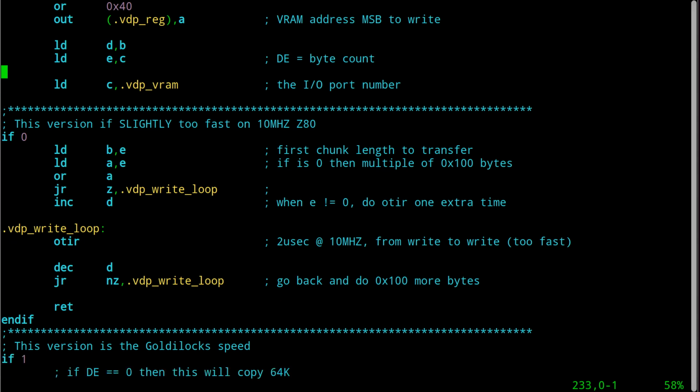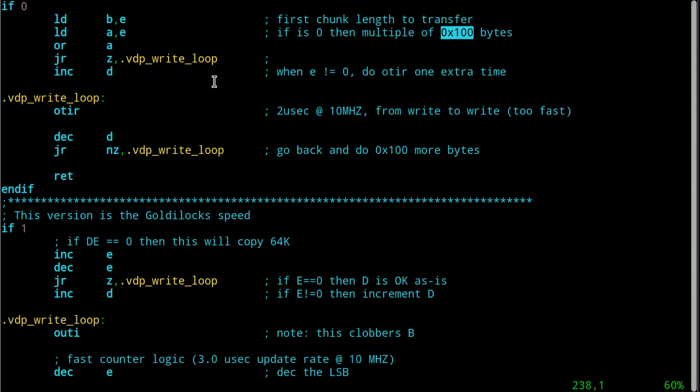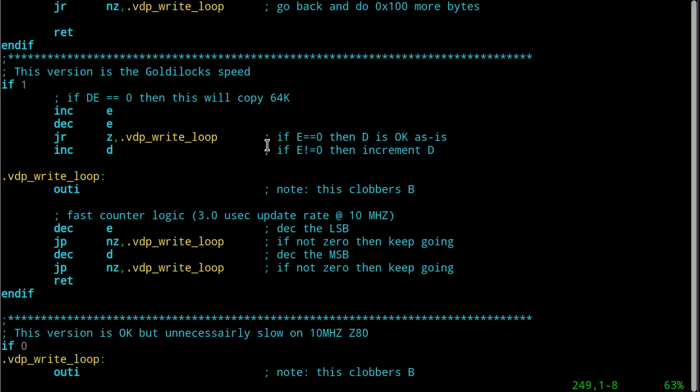It'll make sense. Bottom line is, if you're moving an exact integral of 256 bytes, you got to do something different with this logic than you do if you're not moving an exact multiple of 256. And what you need to do different is adjust this thing in order for that loop to work. Okay? Here's another version. This one